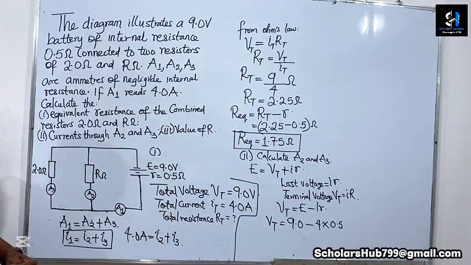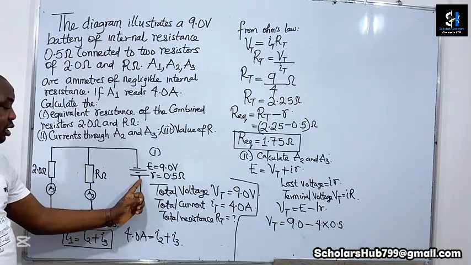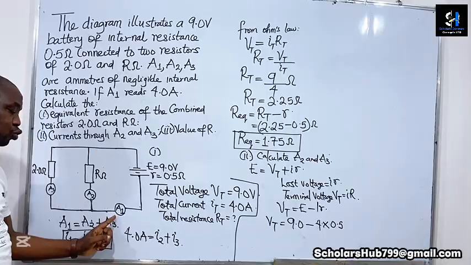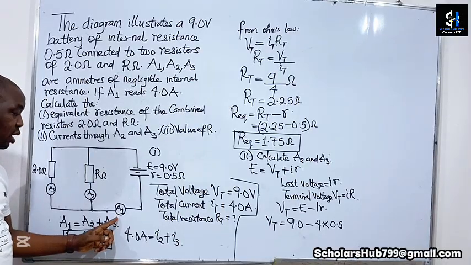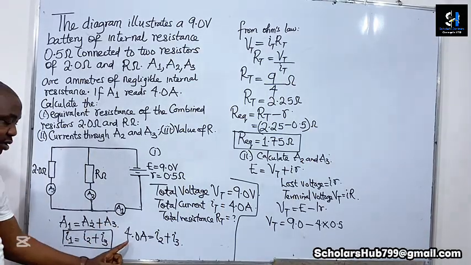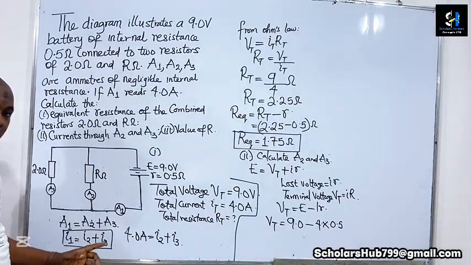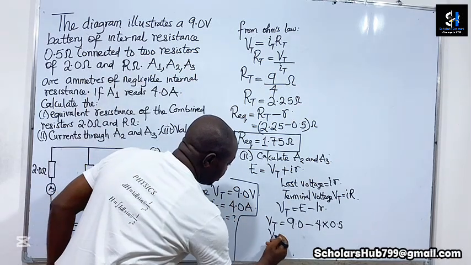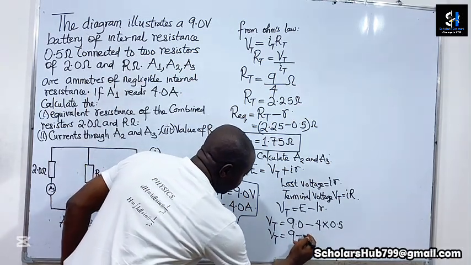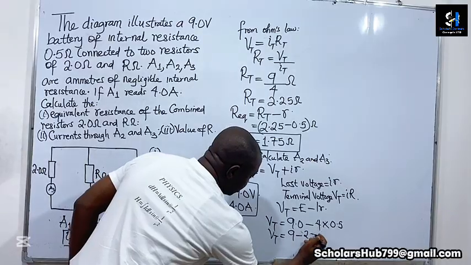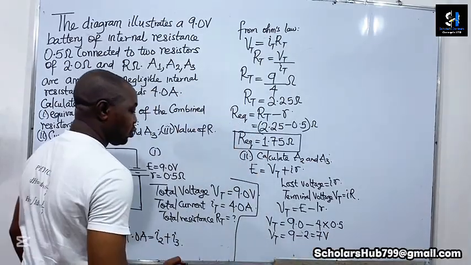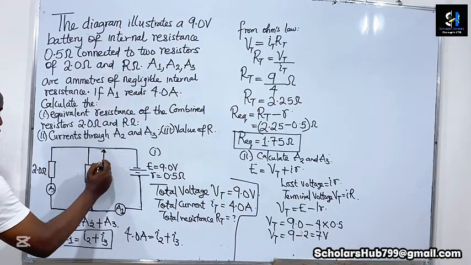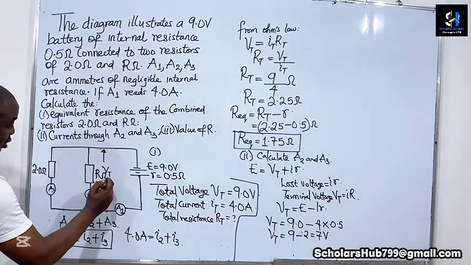The point I'm trying to make is that the current leaving the cell is the current through ammeter A1, and that is I1, the 4.0 amp current. So 0.5 multiplied by 4 will be 2. So this will be the terminal voltage, 9 minus 2, which is equal to 7 volts. So 7 volts is the voltage across R